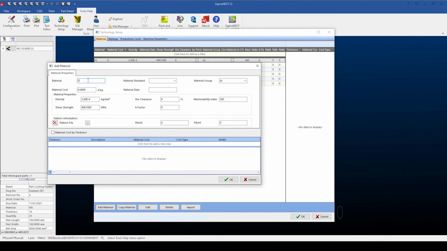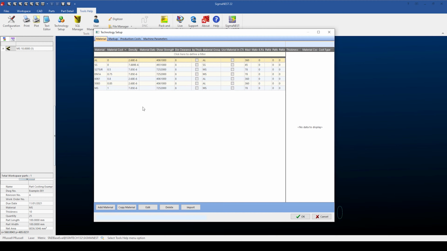And 5083 at 85p per kilo or £850 per tonne, and again checking the density and material group. All the materials I require have been added and the correct costs have been applied, but you can add as many materials and grades as you want at this point.